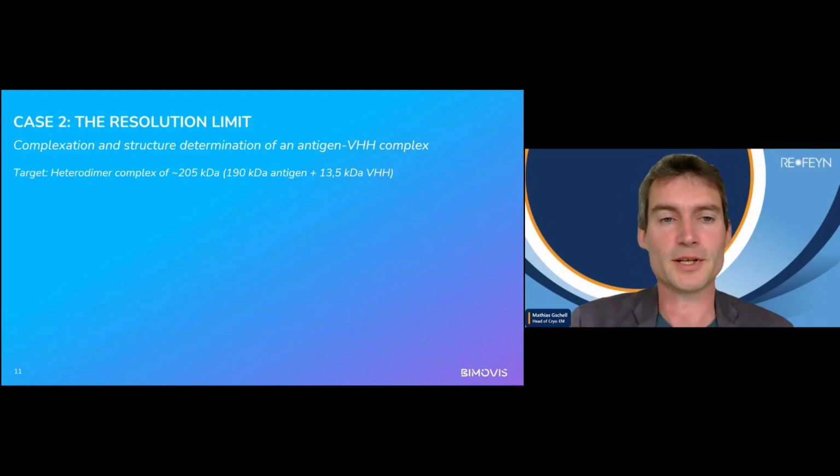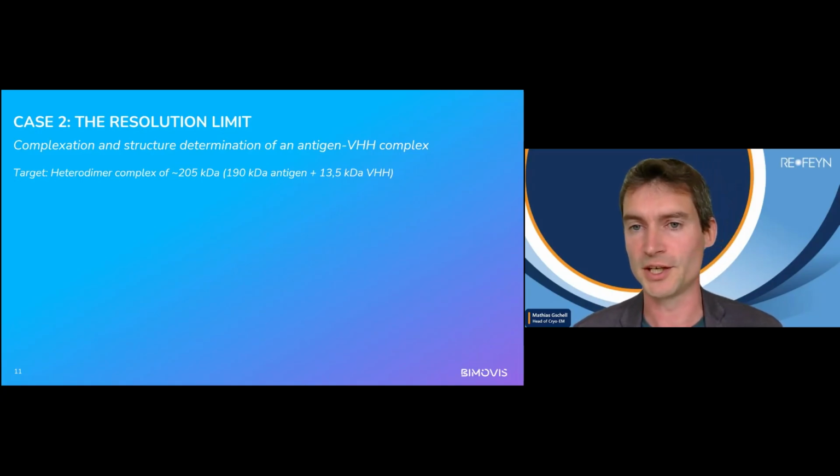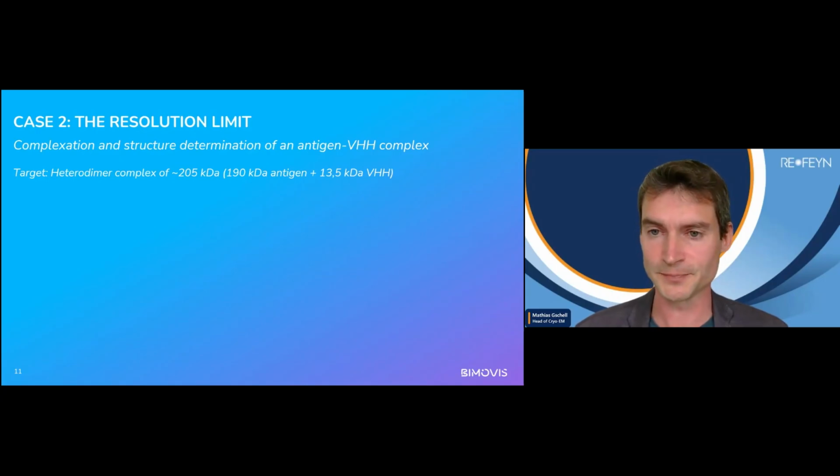The second example is more of our usual business. Here we have an antigen antibody complex, or to be more specific, an antigen VHH complex. Basically, a VHH domain is a single binding domain taken from an antibody. So one of the four binding domains you would get in the complete protein, and it's pretty much the